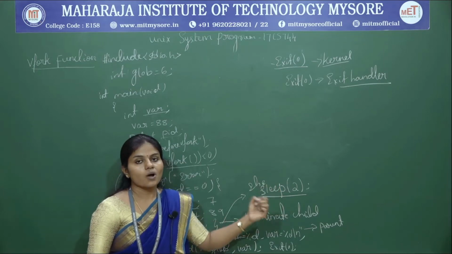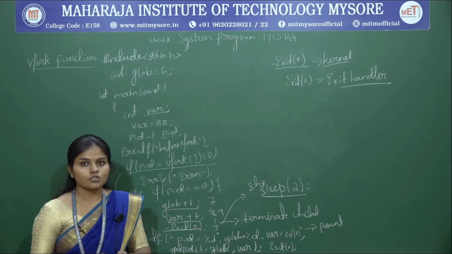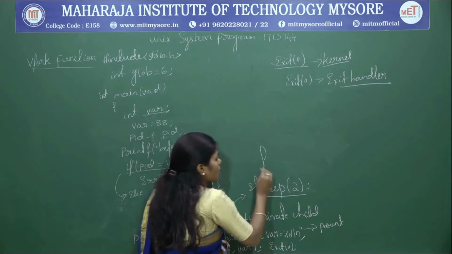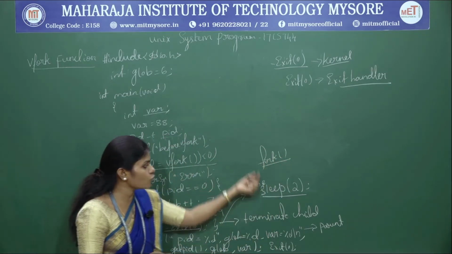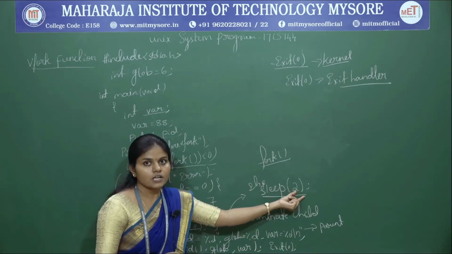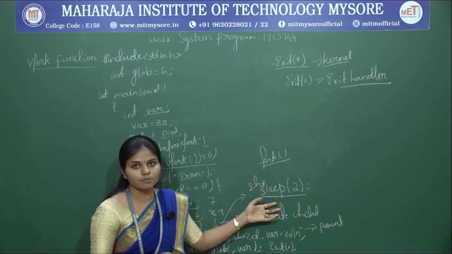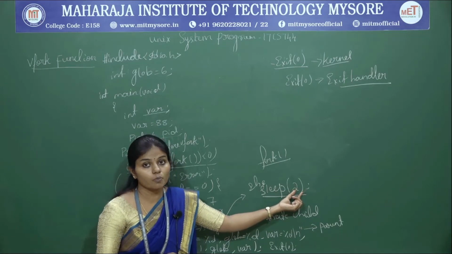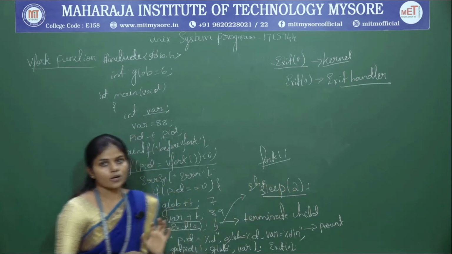Why? Because once the child is created, the parent and the child are going to execute simultaneously in the fork command, right. So in that case, what do we have to do? We have to suspend the parent for those 2 minutes. After executing the child process, we wake the parent up, and before that we make the parent sleep for 2 minutes, right. So this is what the vfork command does.